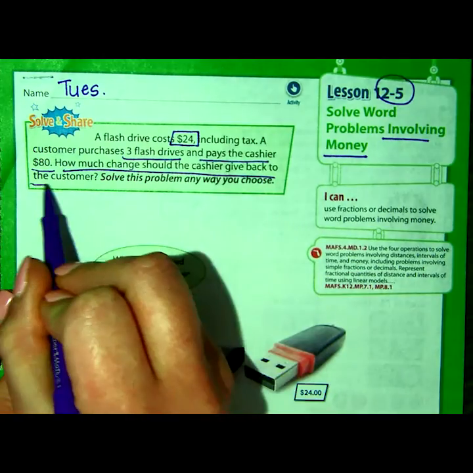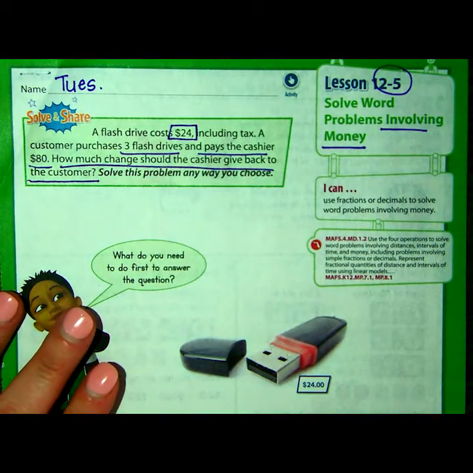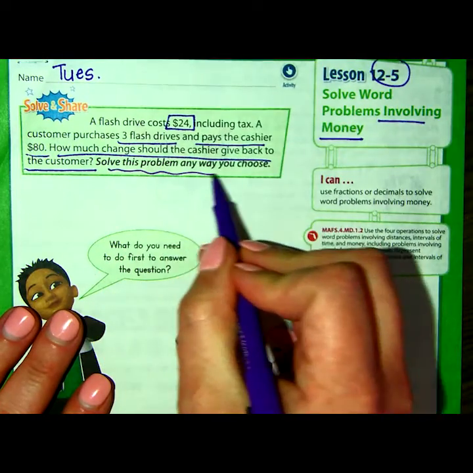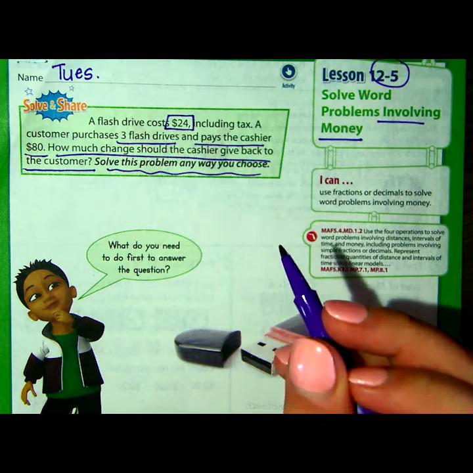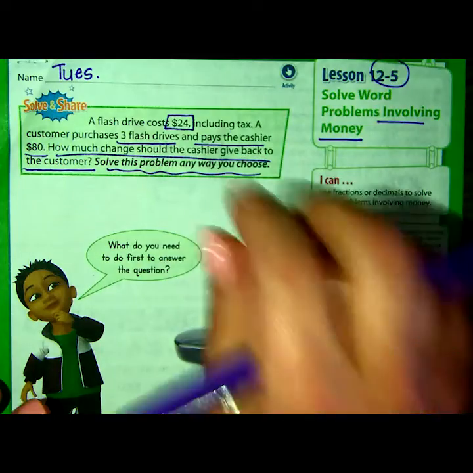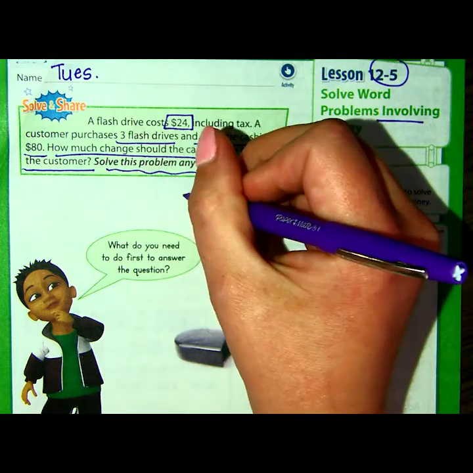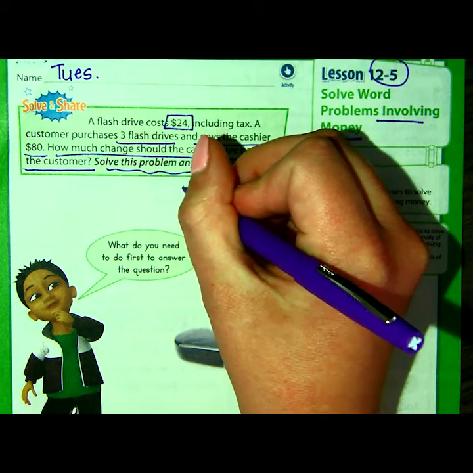Ooh. This is actually a multi-step problem. And there's a couple different ways that we can solve. And see, they remind us, solve this problem any way you choose. They're so kind. So let's take a look at the different ways that we could solve. Well, we're talking about money. So the first thing that you might do, we know that $24 could be broken apart into